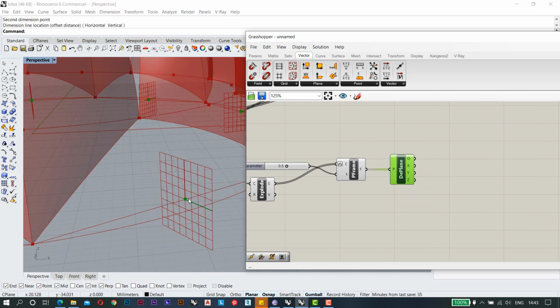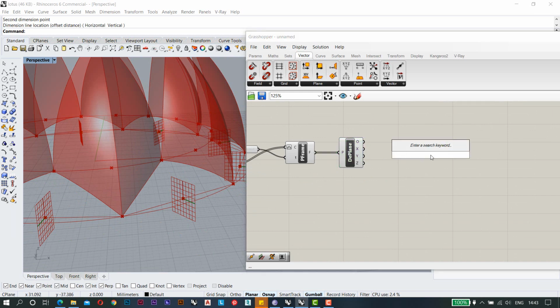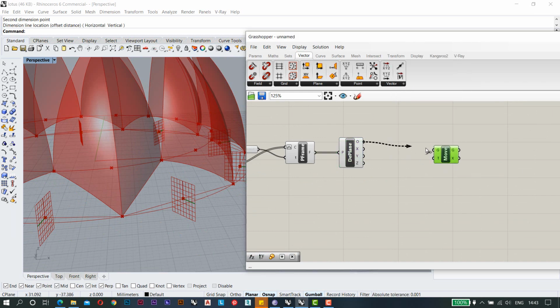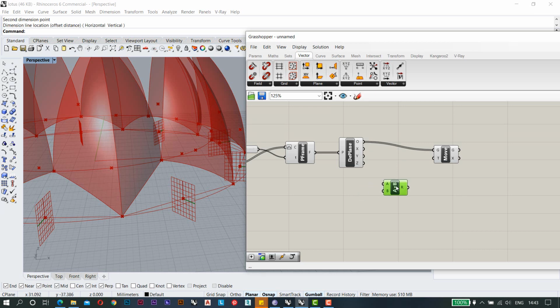Now I need to move it upwards and towards the X and Y direction. Basically I will use the move geometry command, which is this one. So this is my geometry. Now I have to use a multiplication factor, which is this one, 2 times. Basically 1 time for X and 1 time for Y, and there will be a value for it.